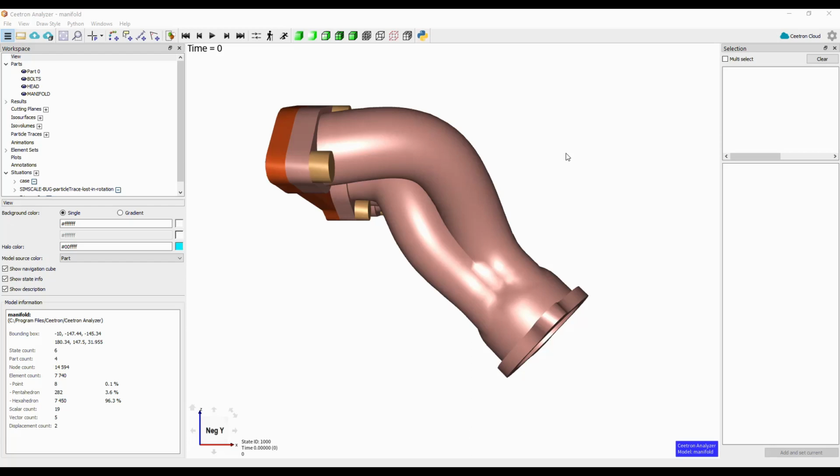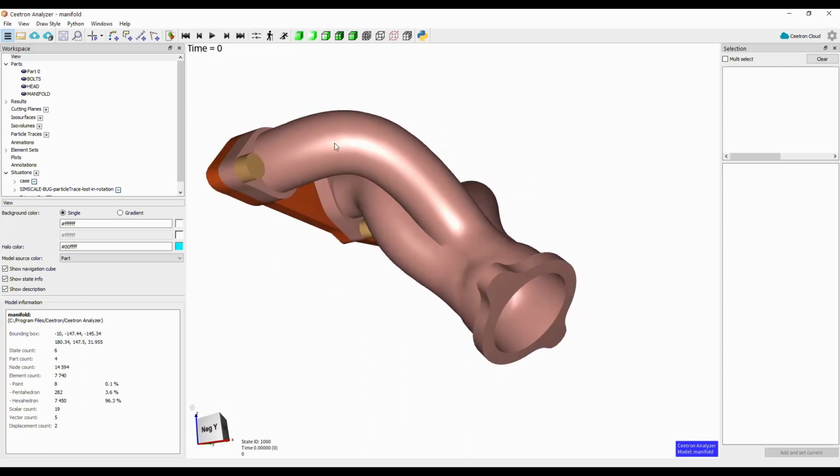This video describes the use of the View item in the Workspace feature tree. When you select View in the feature tree, the bottom pane of the Workspace displays the current view configuration and